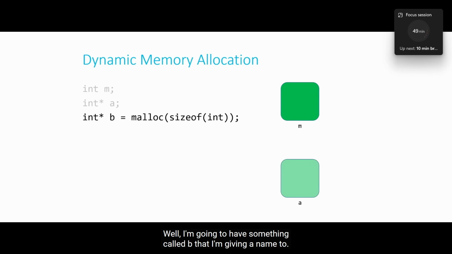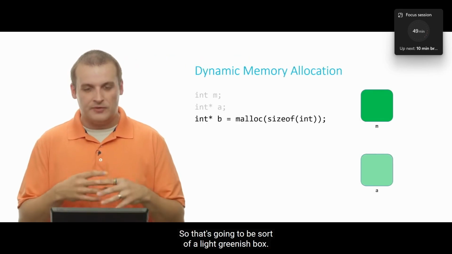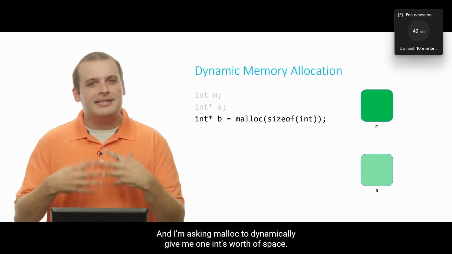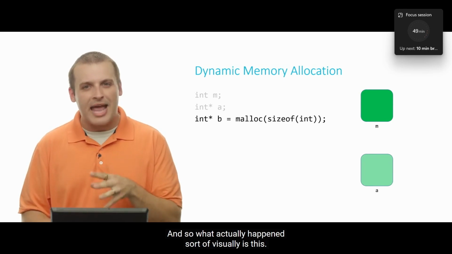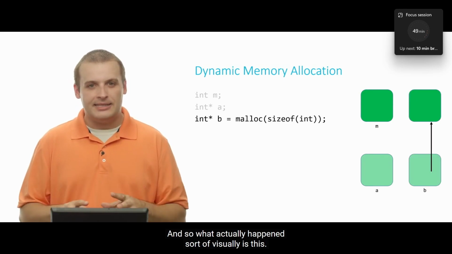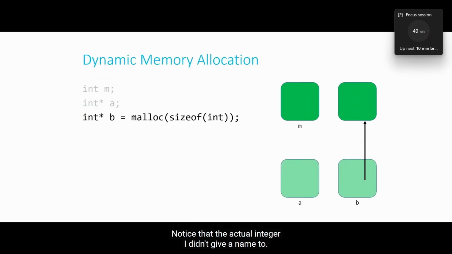Well, I'm going to have something called B that I'm giving a name to, so that's going to be sort of a light greenish box, and I'm asking malloc to dynamically give me 1 int's worth of space. And so what actually happens sort of visually is this. Notice that the actual integer, I didn't give a name to. I don't have a name for it. That's one way, typically, that I know I don't have a statically declared integer. The only way that I can refer to that green box is by dereferencing the pointer called B. So B has a name, that's statically declared, but I dereference B in order to get to this dynamically allocated